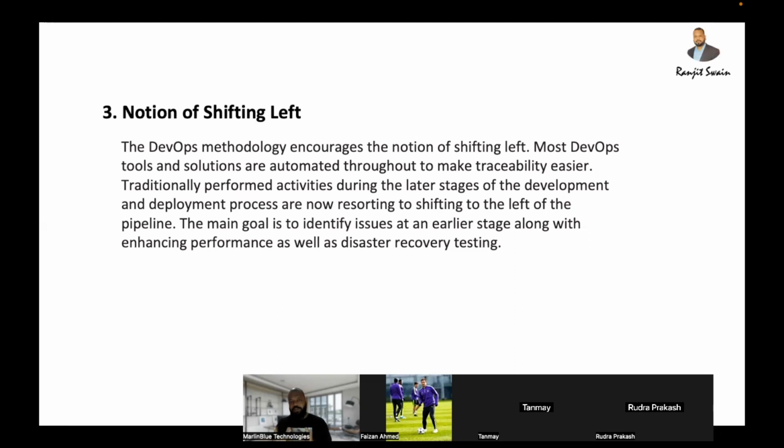The notion of shifting left is that at a very early stage we can find the bugs. We can even find bugs in requirement analysis, requirement gathering, and system design. Any bugs or issues there, we can shift left, fix them there, and then come back to the right and start working. Okay. Now,